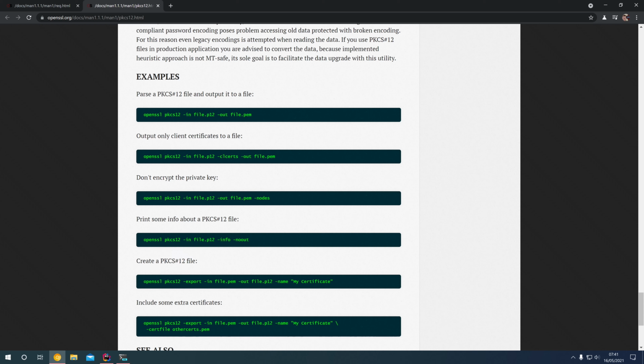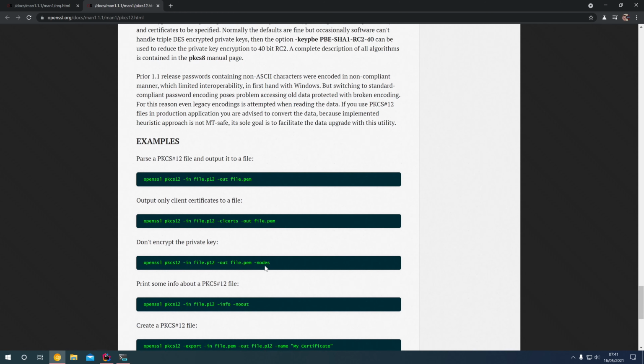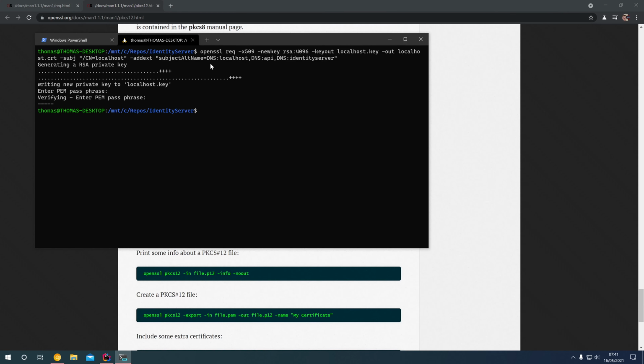And you'll notice it's openssl pkcs12, and we set it to export that PFX certificate. And you can see here it's specifying the in of file.pem and then out of file.p12. Our file extensions are slightly different, so what I'm going to do is jump back into the Ubuntu terminal